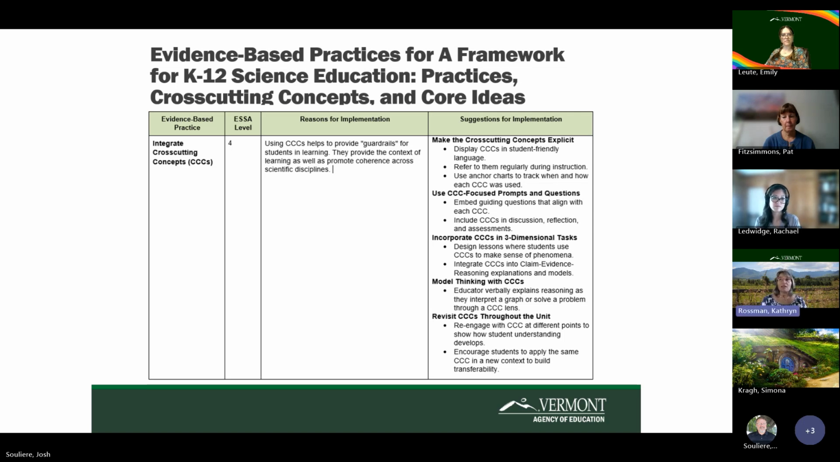And then, although not ESSA-tiered, extensive research has been done in the scientific community to determine the best pedagogy in K-12 science classrooms. This is an example of an evidence-based science practice from the National Research Council's framework for K-12 science education. The other practices highlighted in this document include,